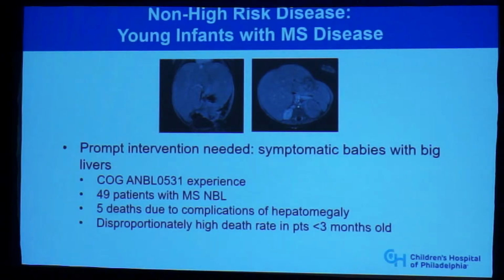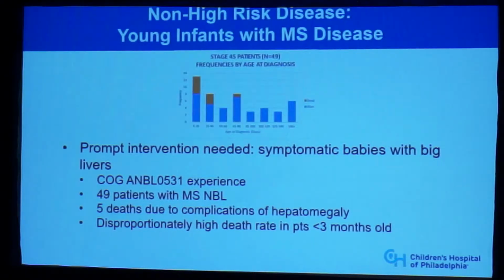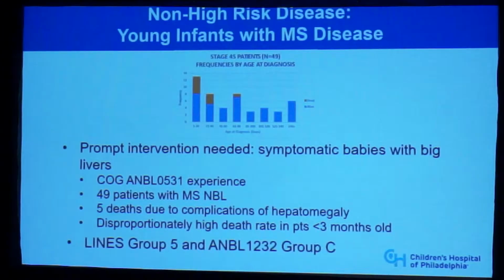And so when the team sorted out these patients and looked closely at them, the deaths were disproportionately high in patients who were under 3 months of age. So small baby, big liver, holding on physiologically by your fingernails, and when we didn't intervene, those patients began to quickly circle the drain. I think this graph supports that conclusion. The colored bars show you the patients who went on to do well and the patients who died, and you can see that there's a disproportionate death rate in the youngest children. So these are the ones where the patient comes in and the alarm bells need to go off fairly quickly.